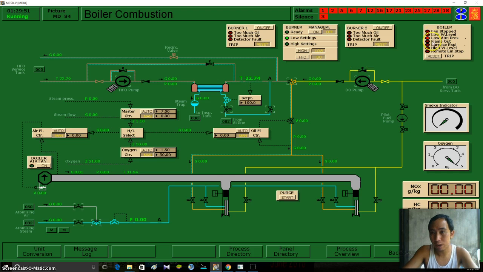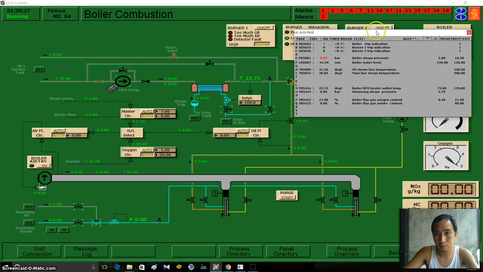Okay, so we have our alarm here, low atmospheric pressure. The setting is low, so we have two settings, the low pressure setting and the high pressure setting for our boiler. Okay, so we're going to circulate our diesel oil. In here, we have our atomizing air. We have our boiler air fan here. Okay, going to check the trip indicator. Yes.